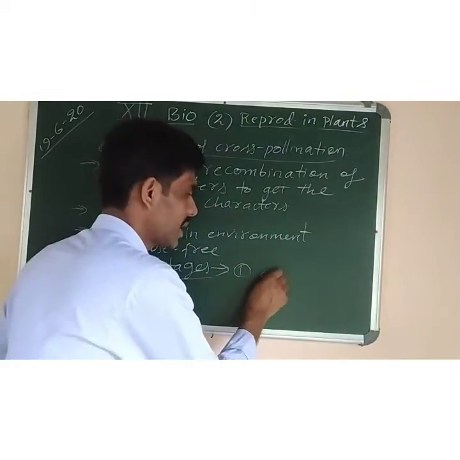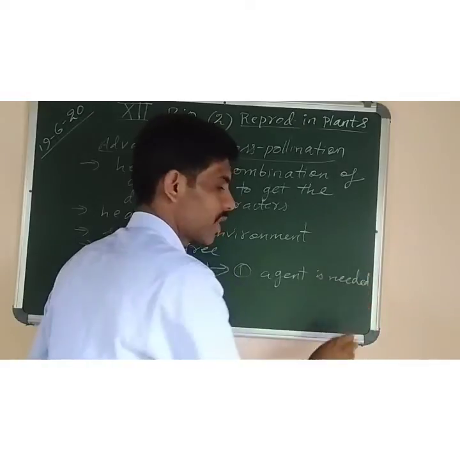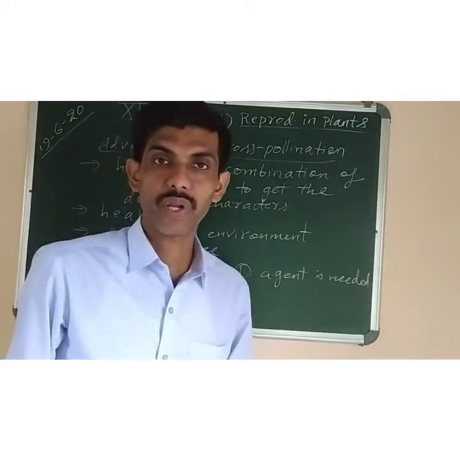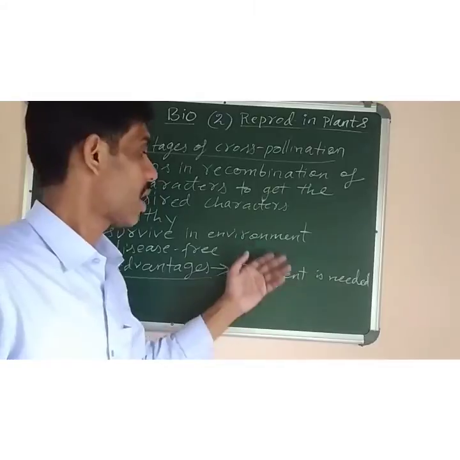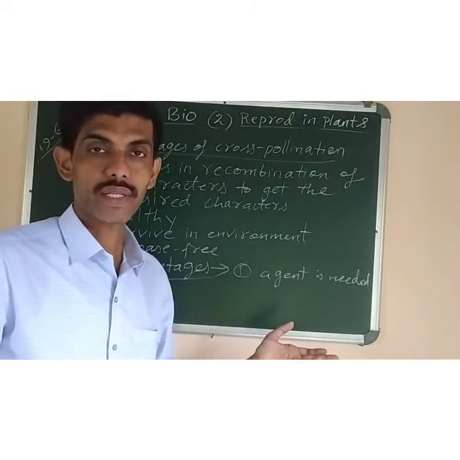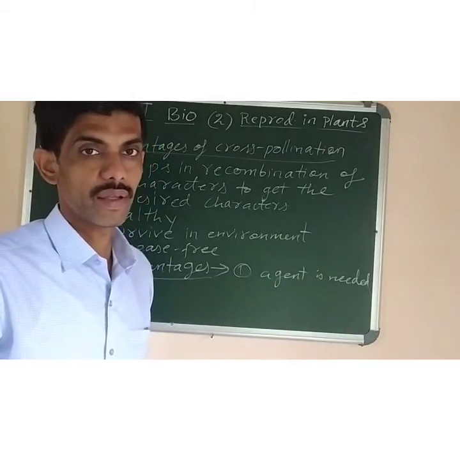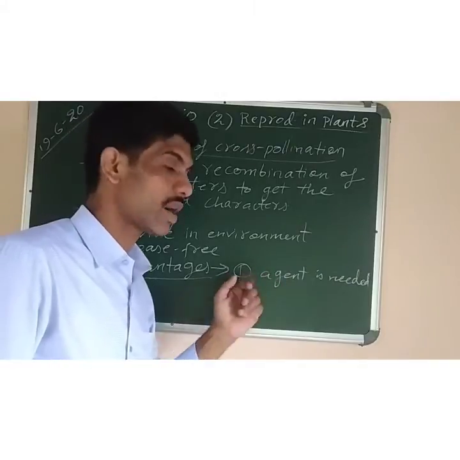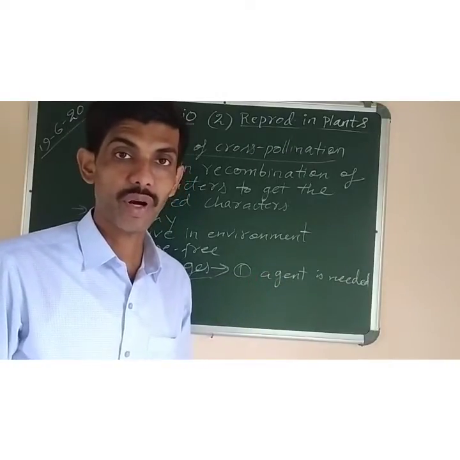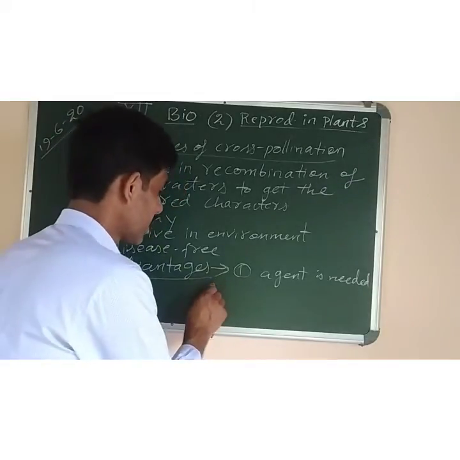I will write simply the agent. Agent is needed because the flower itself cannot transfer the pollen grains. It has to depend on some pollinating agent like wind, water or insects to transfer their pollens from one flower to the other. And in case this agent is not available, it means pollination will not be brought about. So it will be a failure. Then the second one is